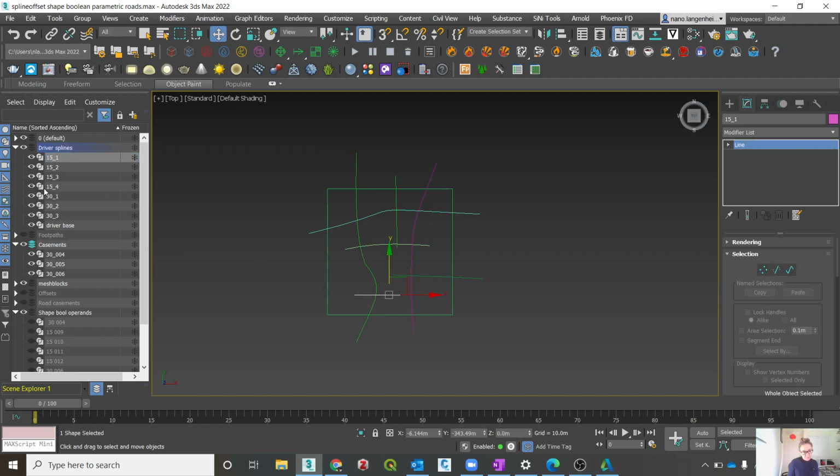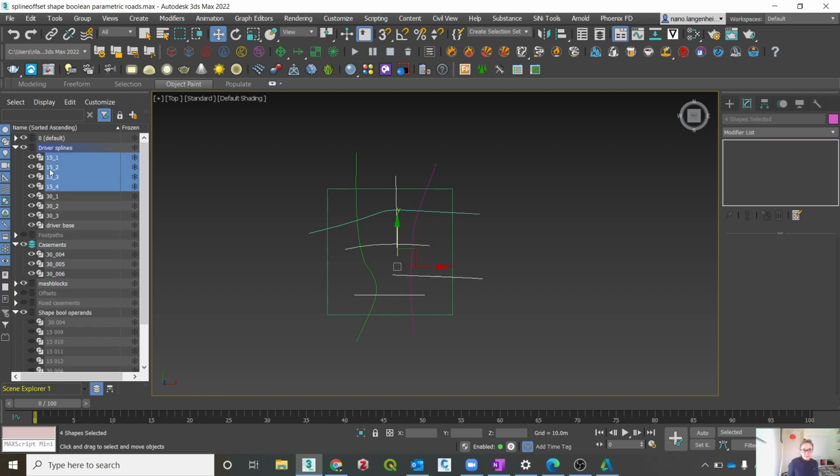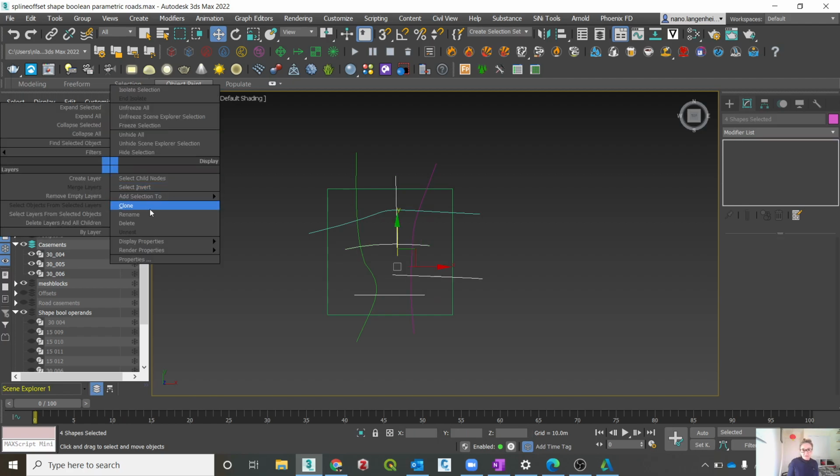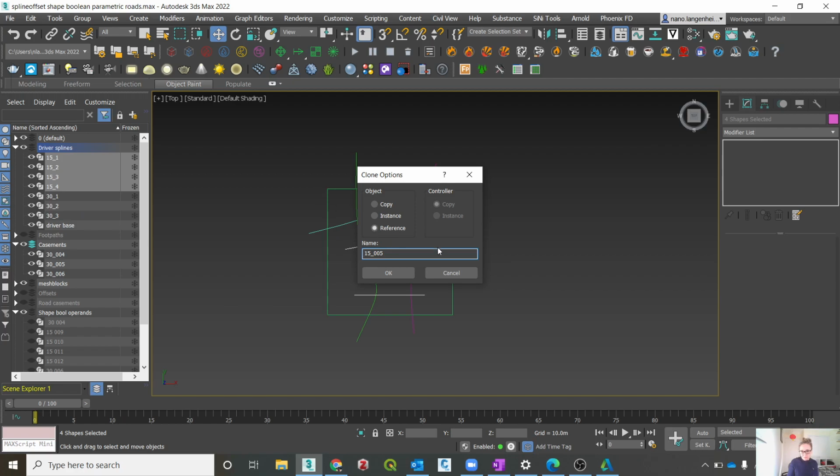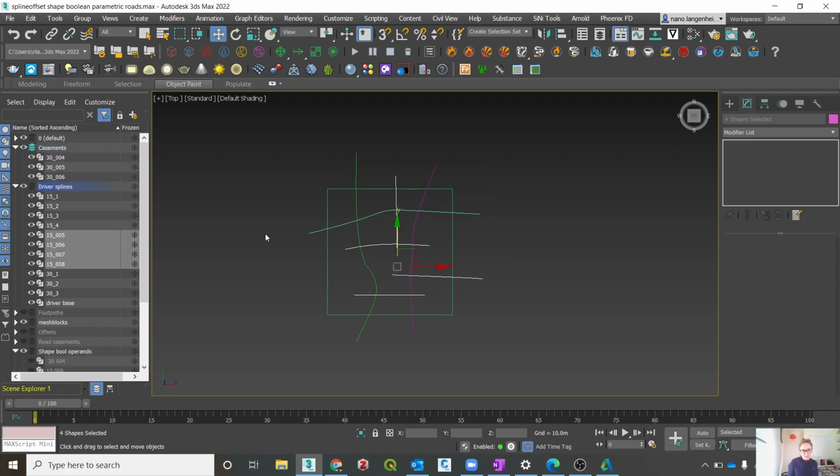And the 15-metre roads I can put onto the same layer. So I'm going to do exactly the same thing, clone as a reference, and OK. And while they're still highlighted like that, I am going to pull them into this casement layer. Selecting them and sticking them up there. So now we'll use our spline offset